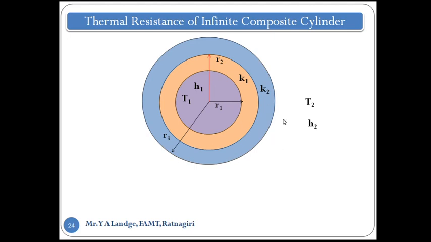Now to solve the equation for this infinite composite cylinder, again we take the help of the heat and electrical analogy, and on the basis of that we find out what the various resistances are. Similarly, in the previous case of the composite slab, we looked at three layers of slab, 1, 2 and 3. Now here there are two layers of material, 1 and 2, and there are two resistances by convection, one inside and one outside. So here, first we find out how many resistances there are.